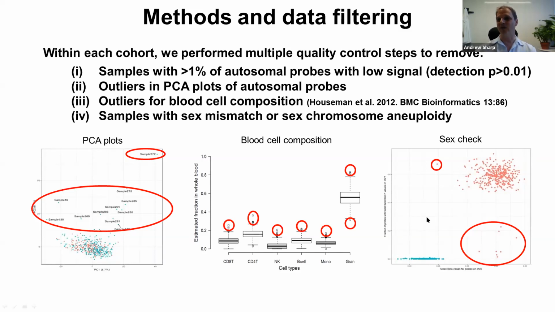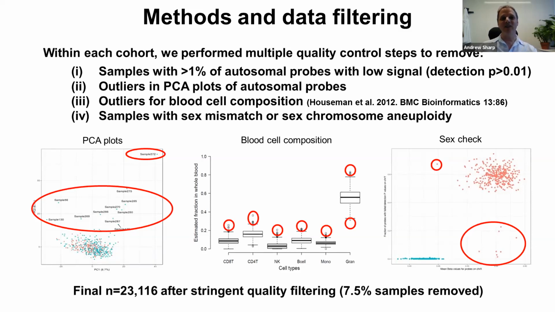And so this spots sample mix-ups. Some samples labeled as male will show up as female and vice versa. Usually that's because a sample got switched somewhere along the line. We threw those out. It will also spot individuals with sex chromosome aneuploidies. So this is probably a person with Turner syndrome, a single X and no Y. These are probably people with Klinefelter syndrome, so two X's and a Y. To be conservative, we also discarded those.